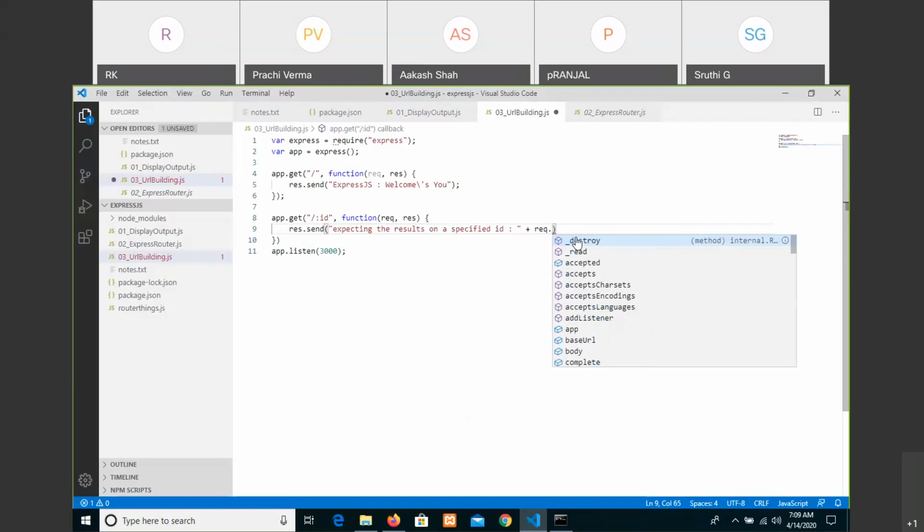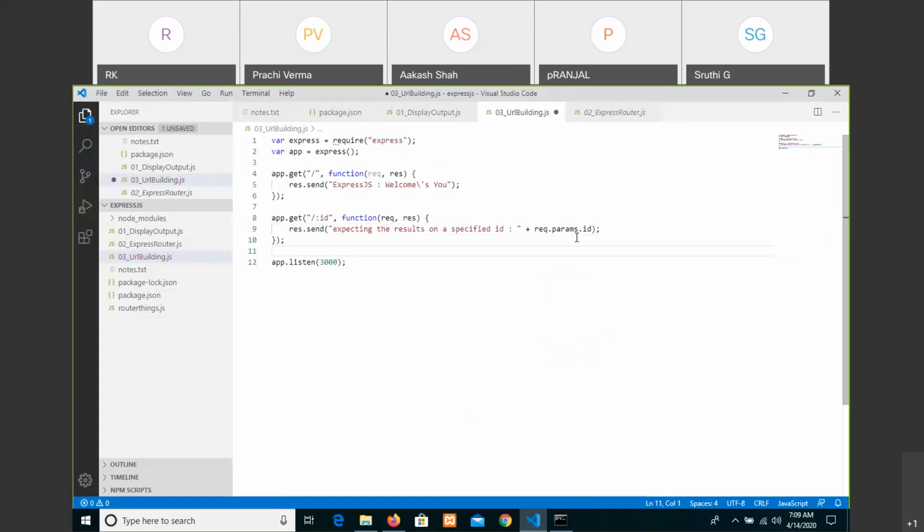So they have given a shortcut as params of that ID. Okay. So the meaning of this is that when the user is typing a home page URL, it is going to show this one. When the user is typing an ID or anything, then this will be the output. So let us see now.